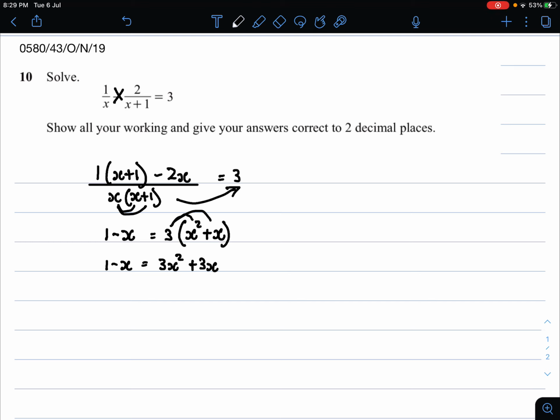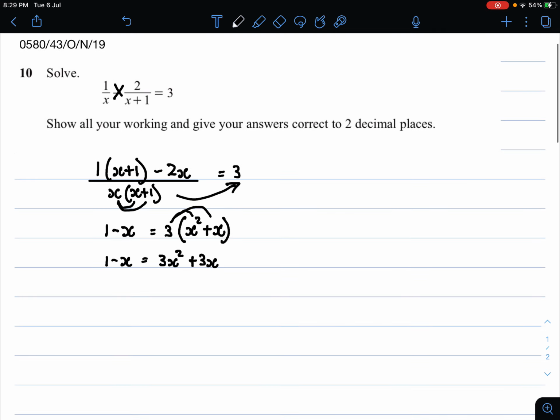Now it's better to take everything to one side of the equation so that we can equate it to 0 and solve as a quadratic equation. So 3x square plus, now when we take minus to the other side of the equation, it becomes plus, so 3x plus x will give us 4x. But when we take positive to the other side of the equation, it becomes minus, so therefore minus 1